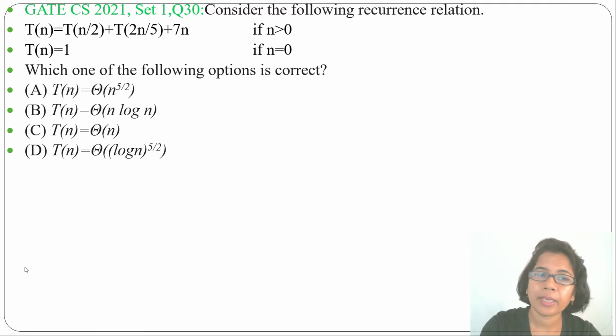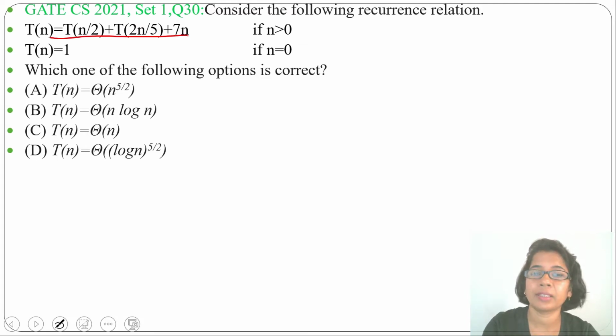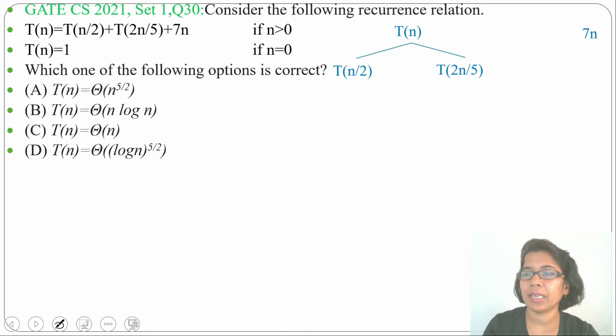We cannot apply master theorem here as this recurrence relation is not in that divide and conquer format or decrease and conquer format. So we cannot apply master theorem, but we can use back substitution method or recurrence tree method. Back substitution method will be a little bit more complicated due to the recurrence relation. So I will use the recursion tree method for solving this recurrence relation. Time for n is time for n divide 2 plus time for 2n divide 5 plus 7n. So we'll write 7n here.